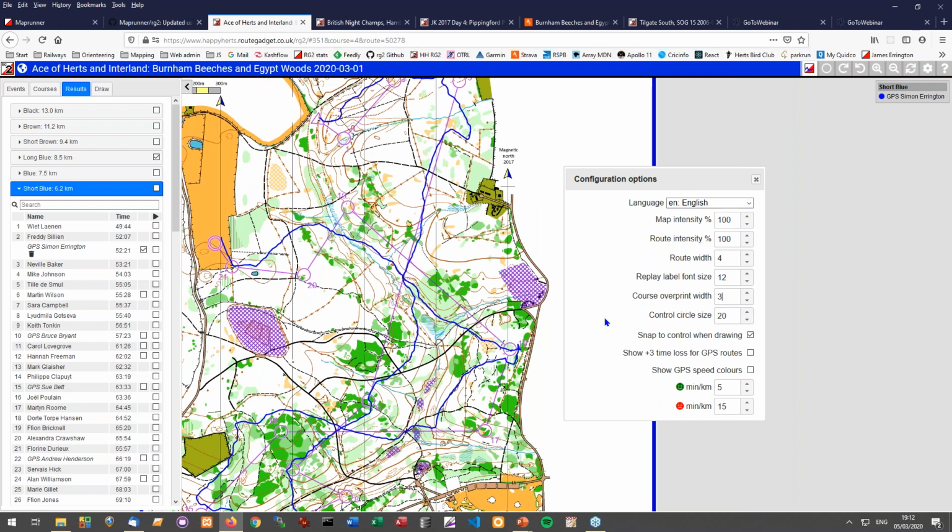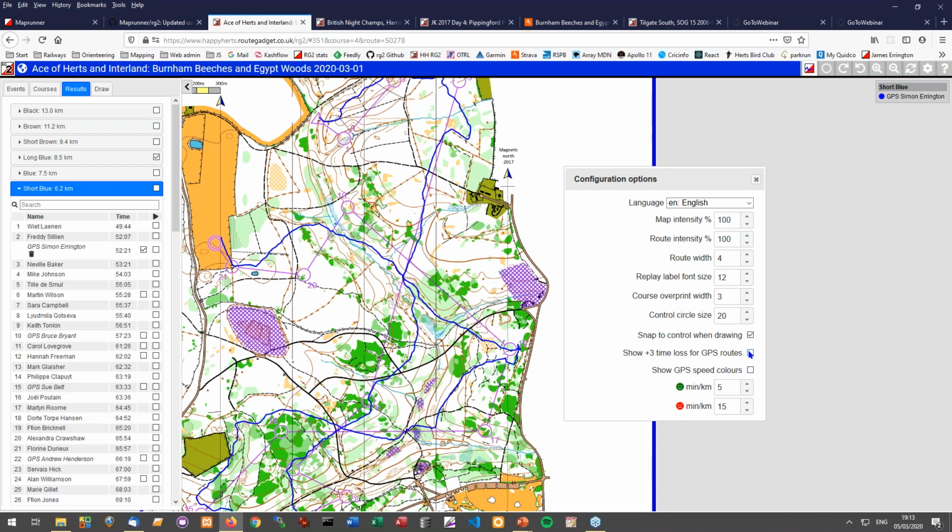But what you'll find is that any of the settings you set here are saved on your PC locally. So for that particular club, you'll get these settings again unless you go back and change them. So the three down the bottom here, interesting ones. Firstly, if you're ever drawing your route, there's a button here to control whether, if you get close enough, it says, yeah, I'll say you found the control, or whether you have to click on the absolute exact position of the center of the circle. I tend, to be honest, to always leave that checked for the drawing purposes. Otherwise, it's sometimes quite difficult to draw your route.